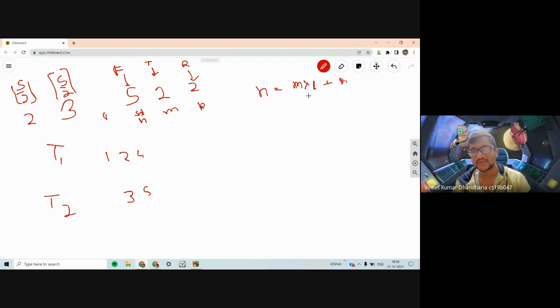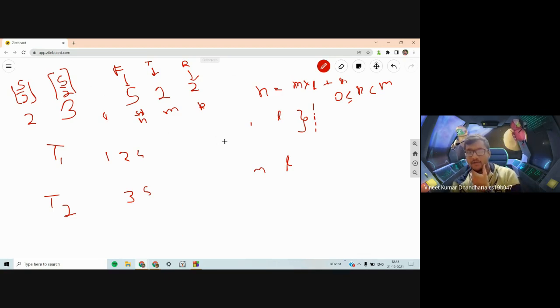For each of the m tables, all of them would get l, and exactly r tables, where r is between 0 and m, like the remainder, can be 0 but is less than m, would get one more person. For r tables, maybe the top r tables, they would get one more person. So now we have ensured that every table has either l plus 1 or l, where l is floor of n by m. Each table must have either floor of n by m or ceil of n by m people.